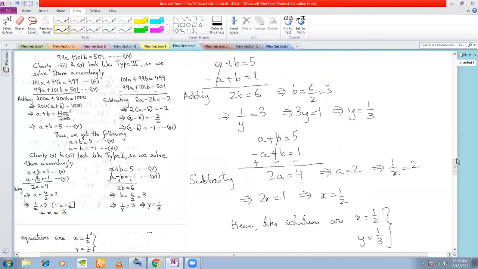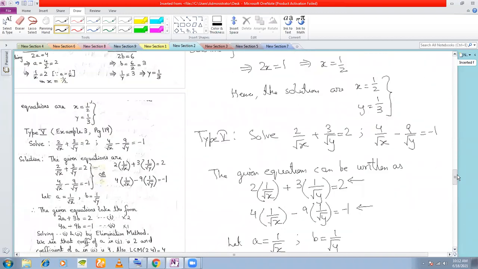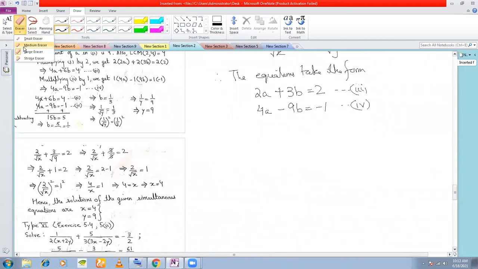Okay. Let us call it 1 and 2 only, because we have not taken 1 and 2. Okay, fine. We'll call it 1 and 2. Now we want to solve these two equations. The decision is up to you which way you want to solve. You can solve by the elimination method or by the substitution method. But you see that none of the coefficients of a and b are 1, right?